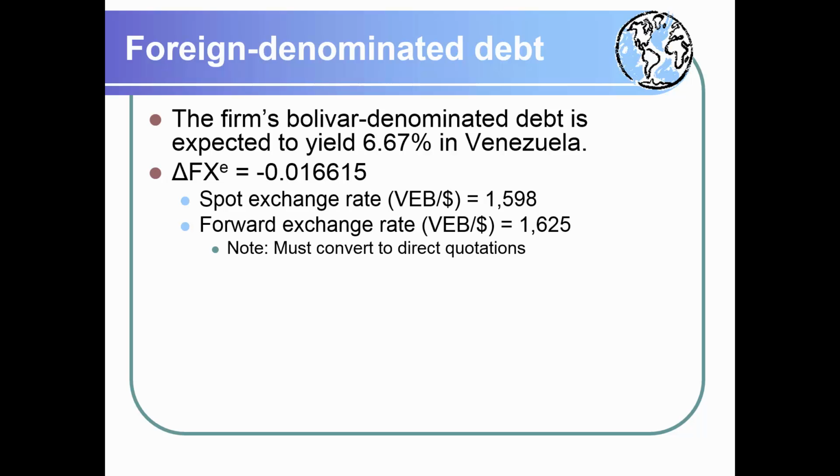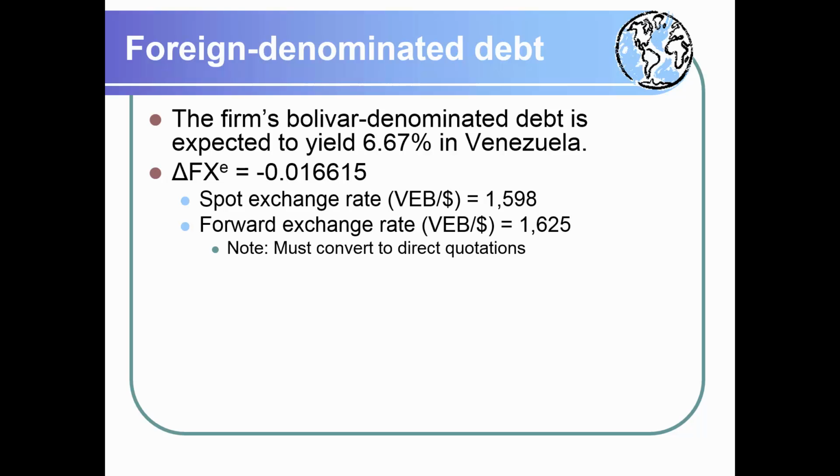When you go abroad, if the company issues bonds in Venezuela, the cost of debt or the yield to maturity is 6.67%. So if it's a local company in Venezuela, they could be issuing the bonds at 6.67. Now what happens if it is a US company? The main difference is that a US company issuing bonds in Venezuela faces foreign exchange risk. If the Venezuelan currency appreciates against the US dollar, the US firm might have to pay more over time. On the other hand, if the Venezuelan currency depreciates against the US dollar, it means that the cost of debt will go down.